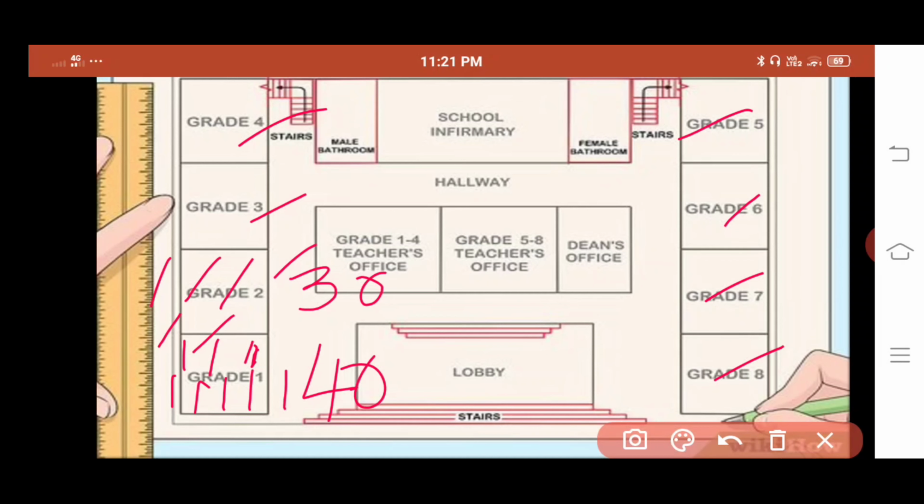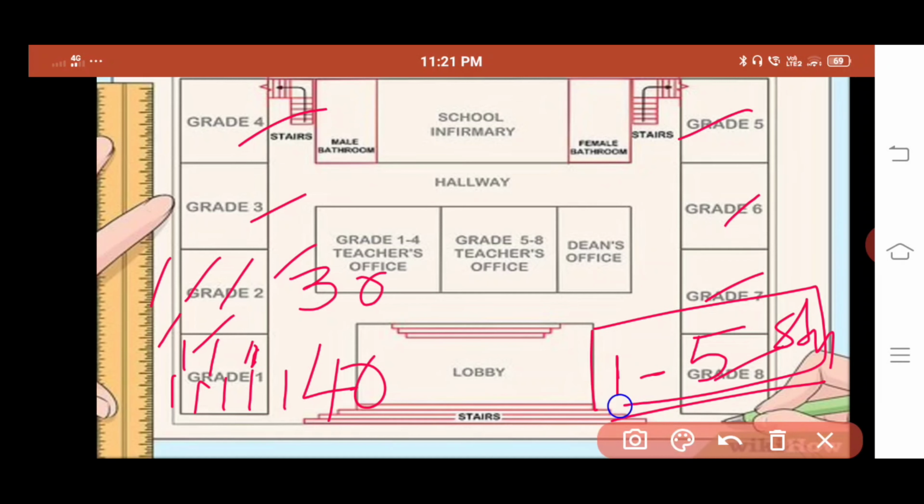And also, my dear students, don't forget to write in the key box how many students each line represents. Do not forget that each line is indicating 5 students. Compulsorily you have to mention this at the bottom side. Because whenever any other student observes this map, he should understand, yes, this line is indicating 5 students. So this is the measurement or scale of our map. This type of scale you have to show on the map.